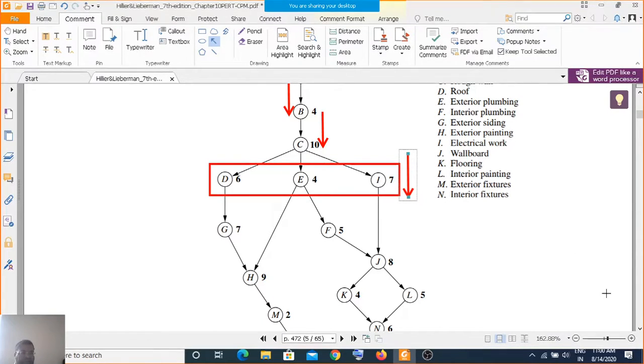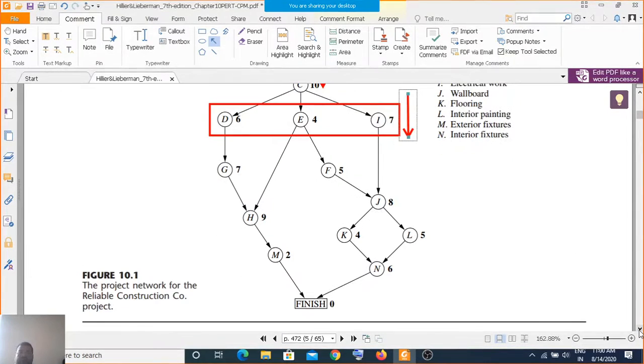Now here we have a different thing. Again this G after D, then E. So H has the predecessors G and E. G requires 7 weeks. So unless and until this G gets completed, you can't start H, because E is already completed.